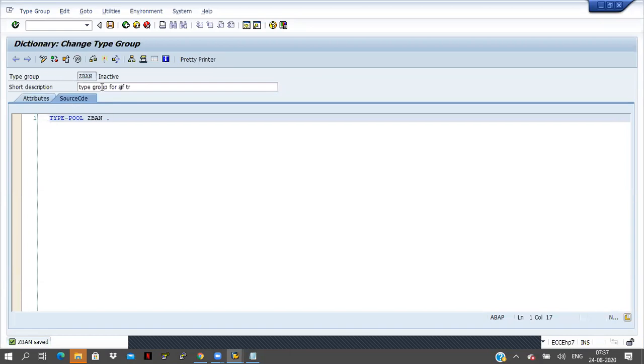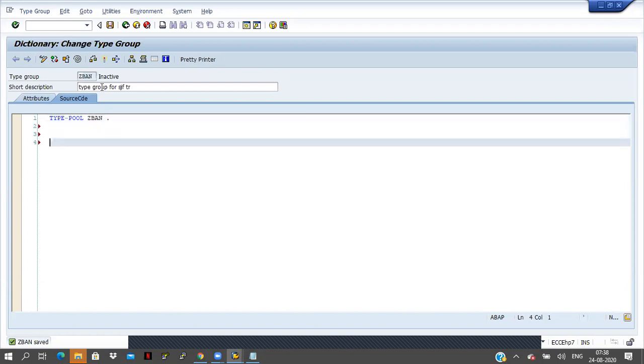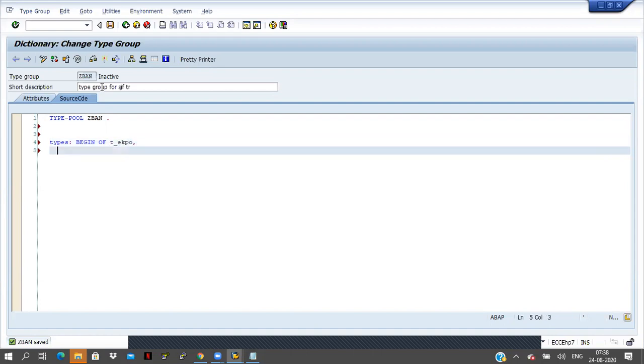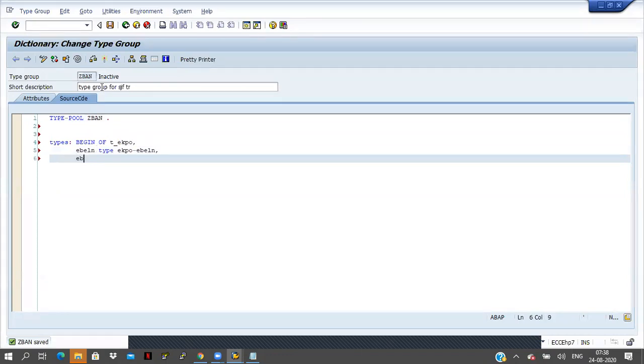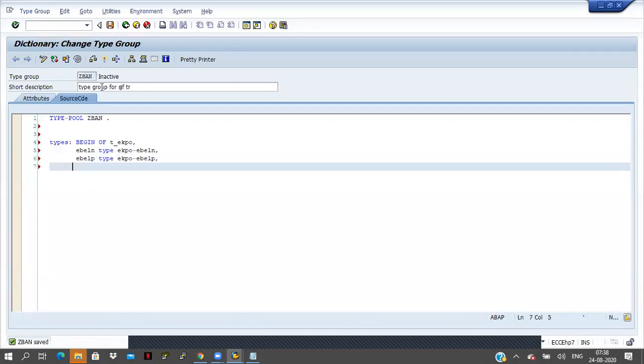I am declaring some n number of types in a single place. Okay, here I will use types begin of ty underscore ekpo, and here ebln type ekpo hyphen ebln, eblp type ekpo hyphen eblp, and